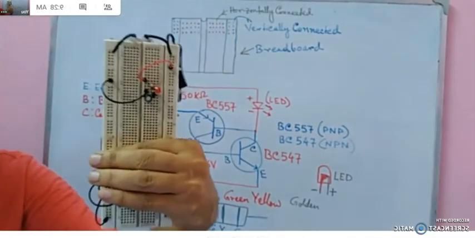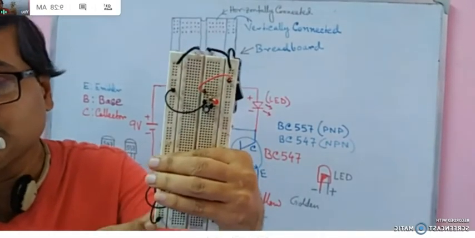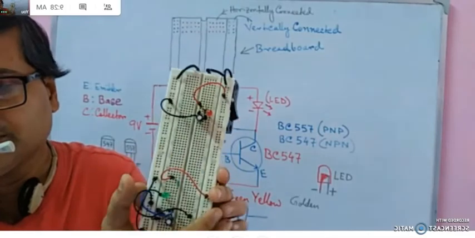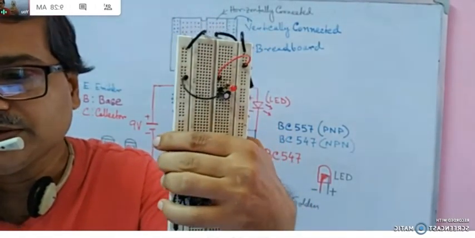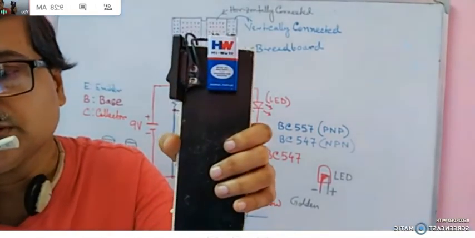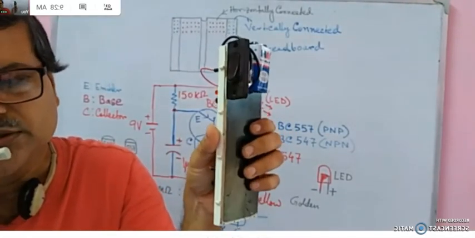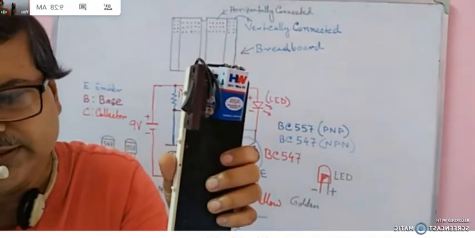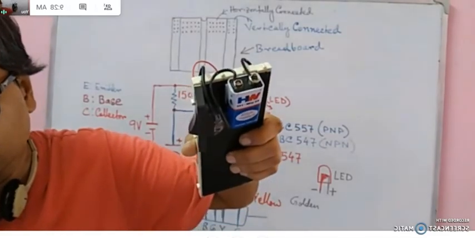Actually, I have used this breadboard for two purposes. There are two circuit diagrams. This one is not for you, so I am just covering this. The upper part is the back side of the breadboard. See, this is the 9 volt battery and a switch I have used. This is simply an electrical switch. You can use a different type of switch also, no problem. So this is the battery, with the positive and negative terminals.